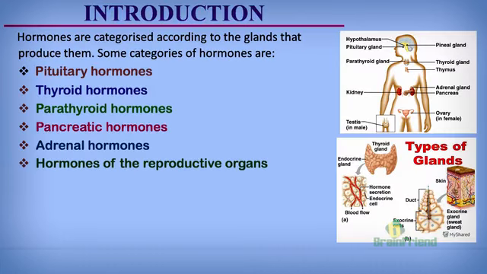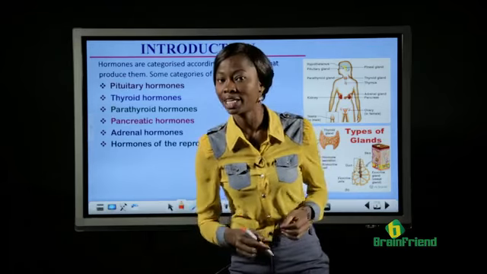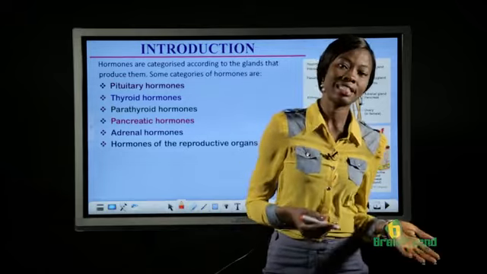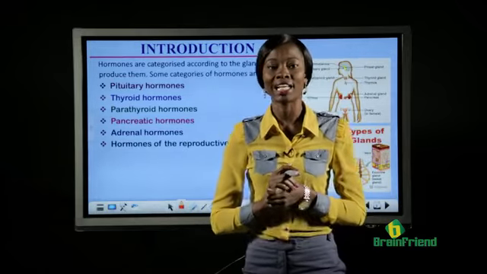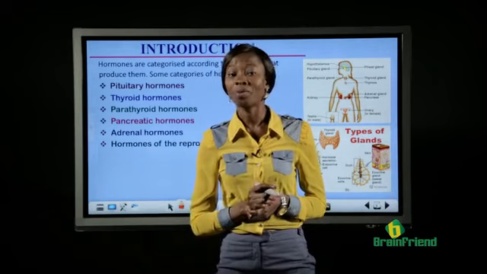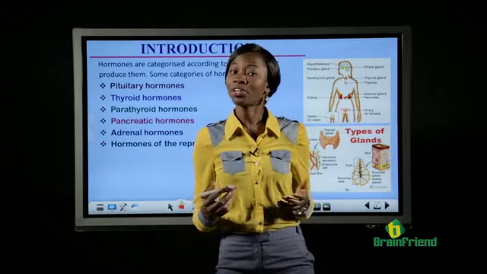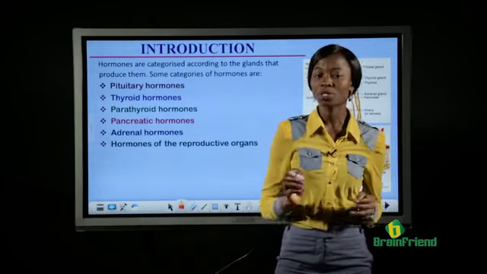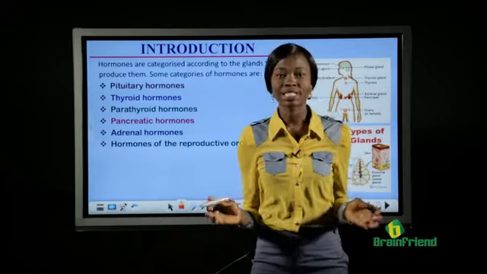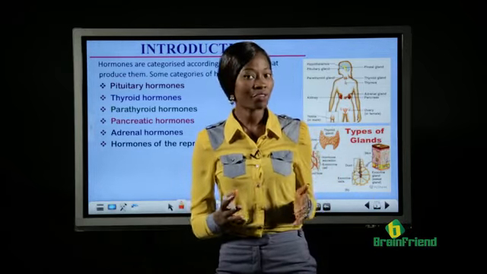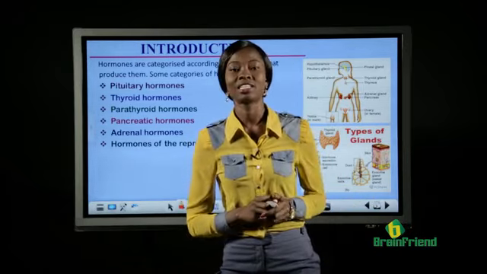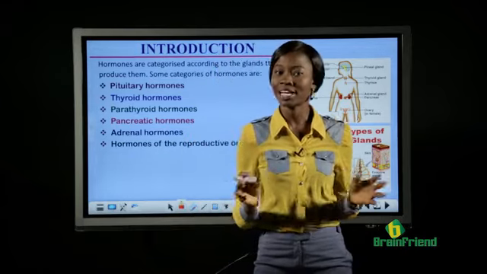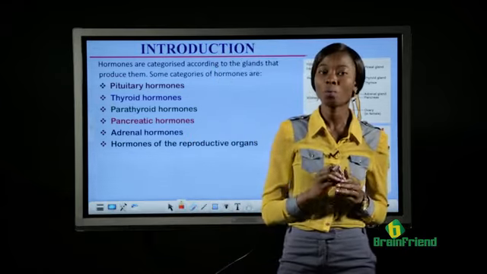Let's begin. In our previous lesson, that's the fifth part of this topic, we began our discussion on endocrine glands. We said so many things about endocrine glands, hormones, the endocrine system, and some groups of endocrine glands. Can you remember them? What are endocrine glands? We said endocrine glands are glands that release their secretion directly into the blood. So they are called ductless glands. They are different from exocrine glands. We said endocrine glands secrete substances that are generally regarded as hormones.